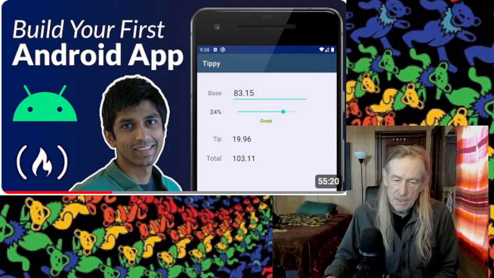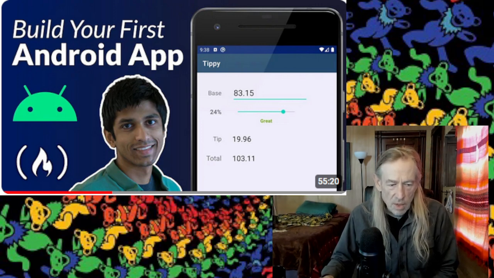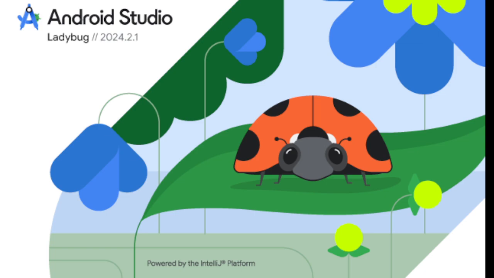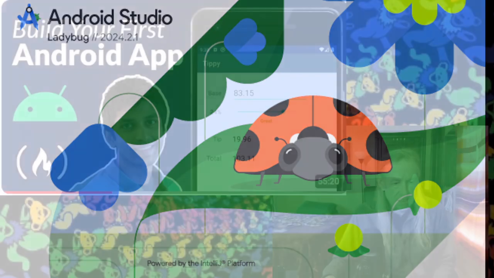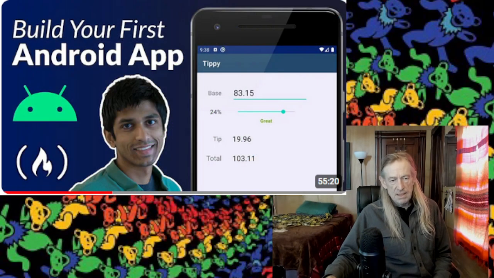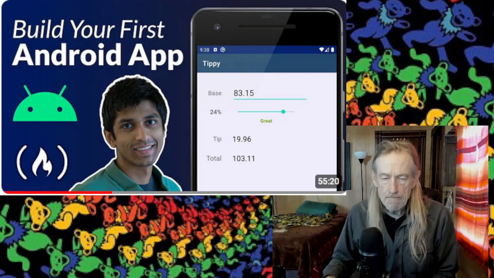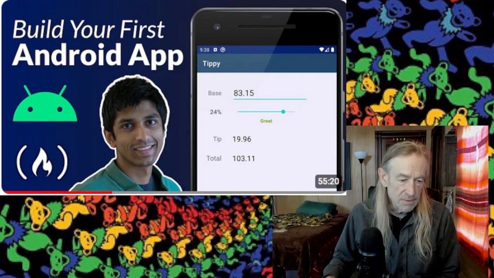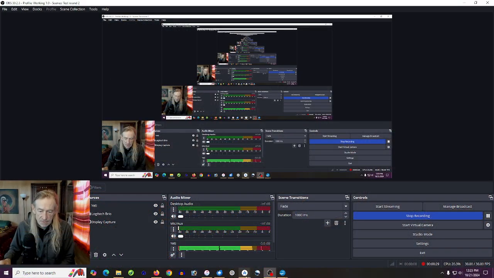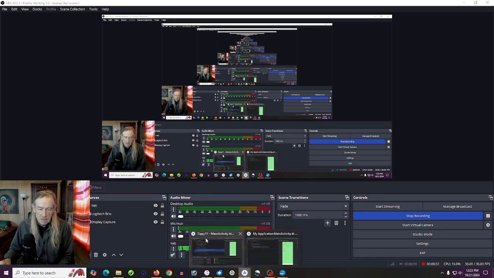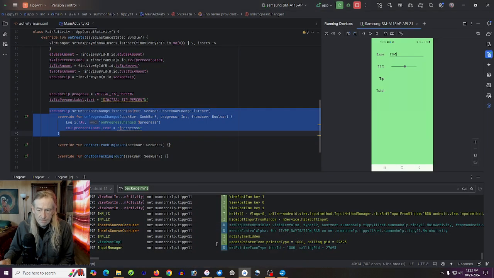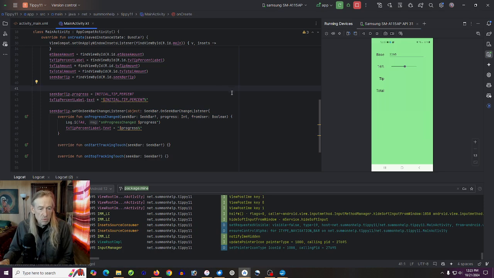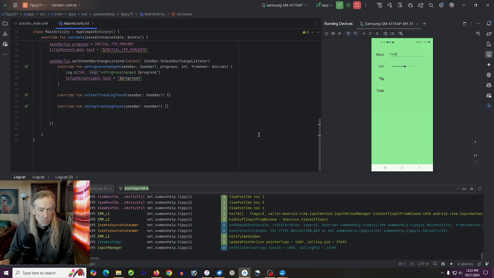Had some problems yesterday, wondering where to put things in Ladybug, because the tutorial itself, I don't know what version it's written in, and there's things in Ladybug that are just different from what we got going here. So, my problem